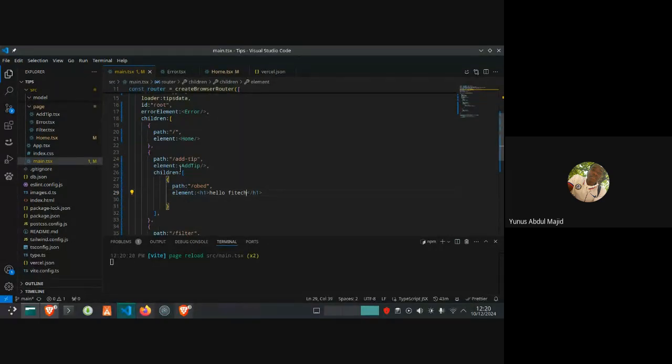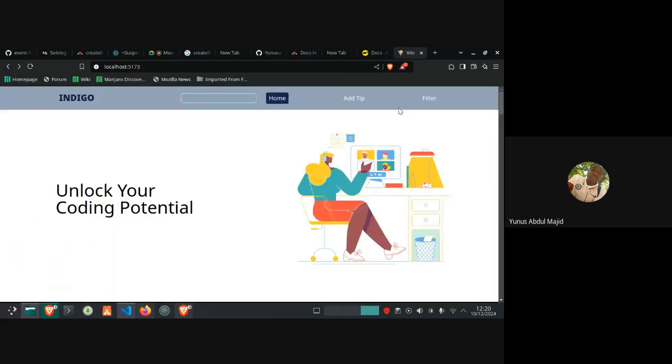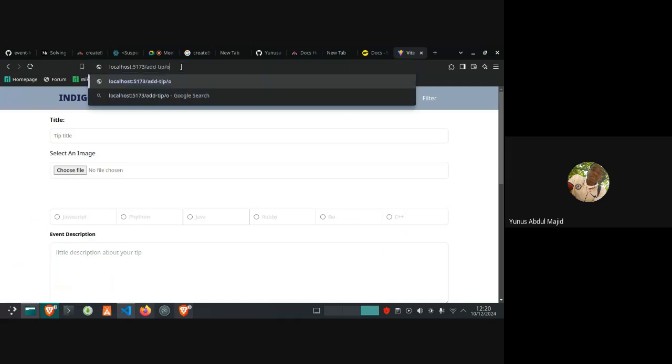So let's go to our app and let's access this actives. Under actives, I can call the object.